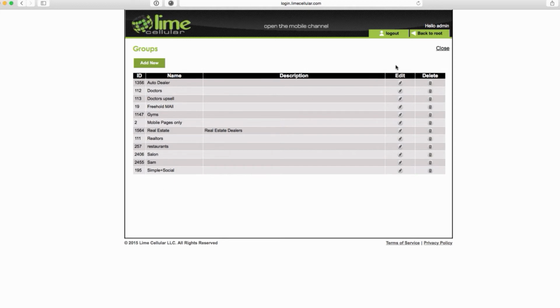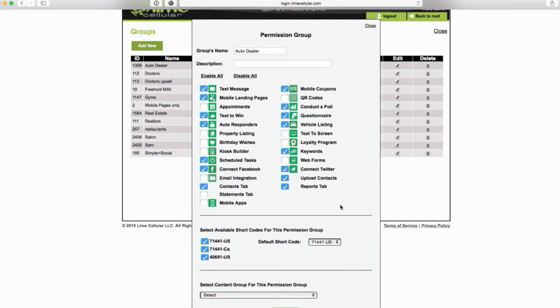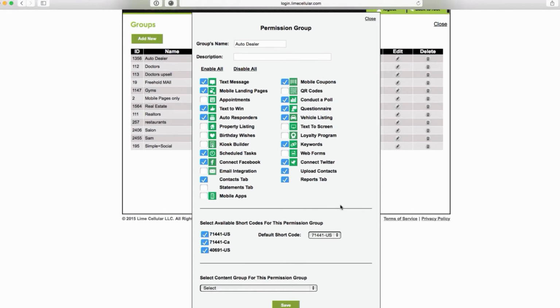So basically, you can create packages that are based on features and not just the amount of credits you get, right? Most platforms allow you to say, okay, you get 1,000 credits, it costs this much. You get 2,000 credits, it costs this much. Here you can say, we have the text message feature and text to win. If you want couponing, it's an extra $20 a month. So you can basically create a business model based on features. That's one thing. Second, you can create